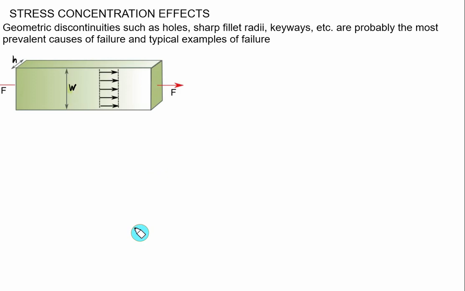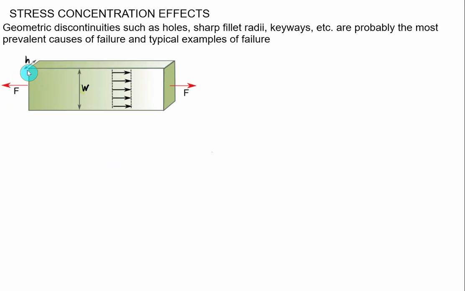So to explain the concept of stress concentration, let's consider a flat bar of width equal to W and a uniform thickness equal to H. If you take any section at any distance from the left-hand side, you will find that it has a uniform cross section, and this cross section is perpendicular to the force F. The cross section is given as the width multiplied by thickness